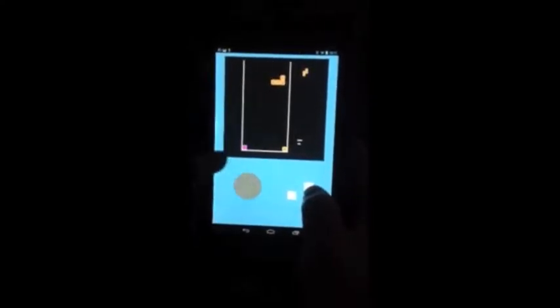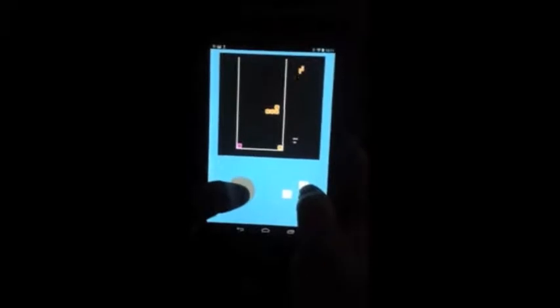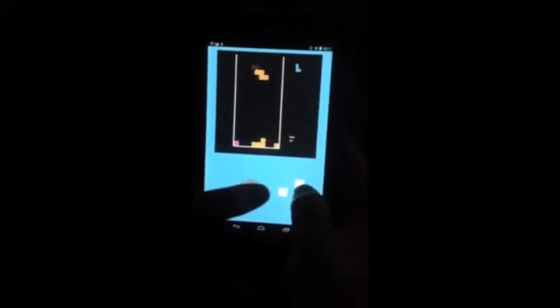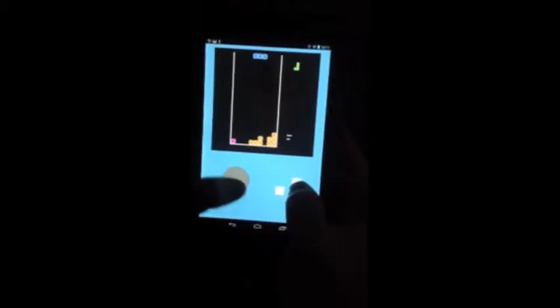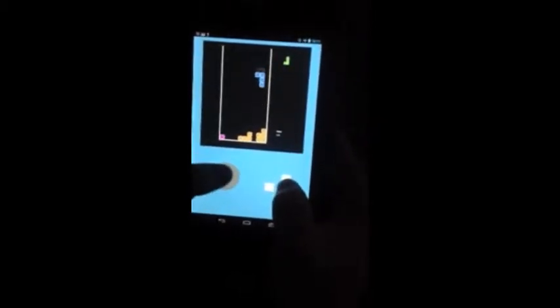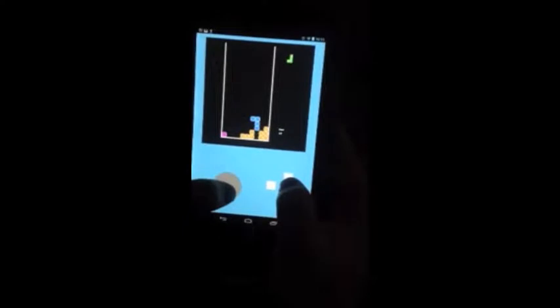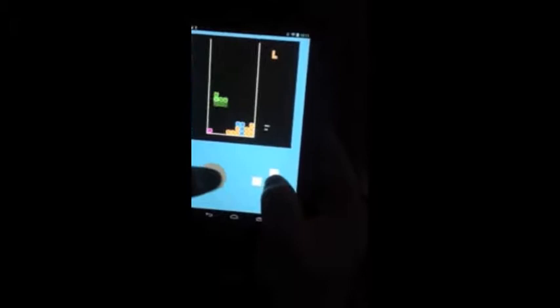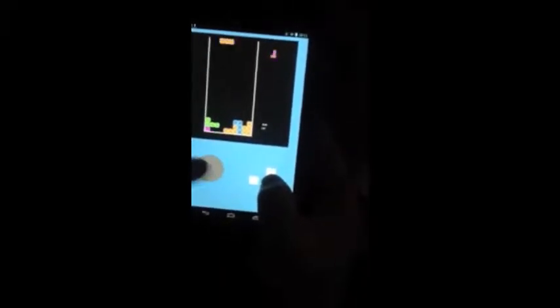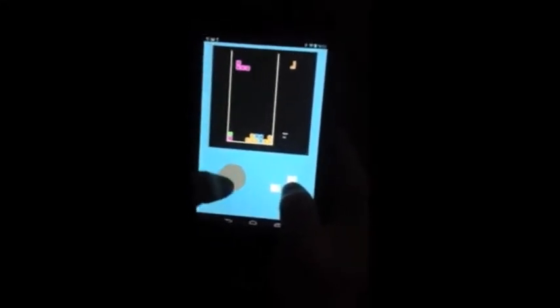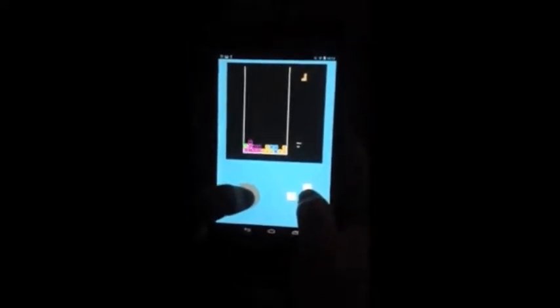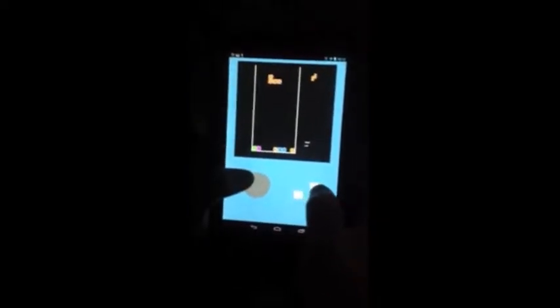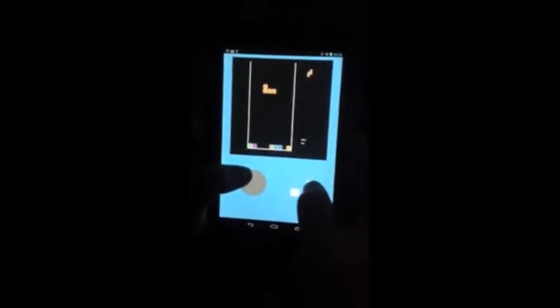The input is coming in and it's being read nicely, maybe even a bit too well at times. So here I'll show you what clearing a line looks like, if I can do it correctly. Alright, and you see that cleared a line, and then rotating with the buttons,